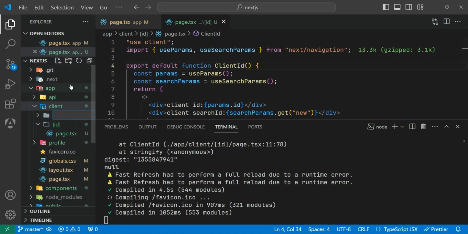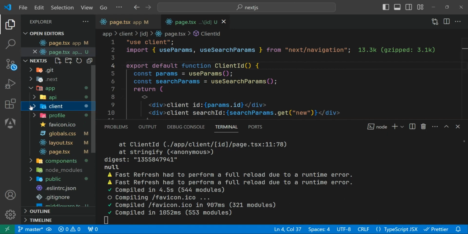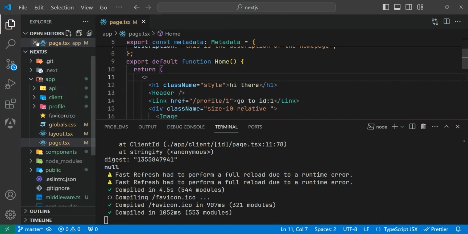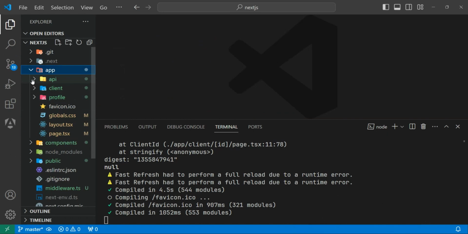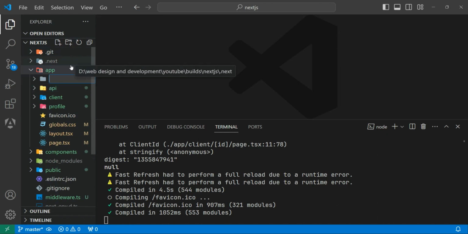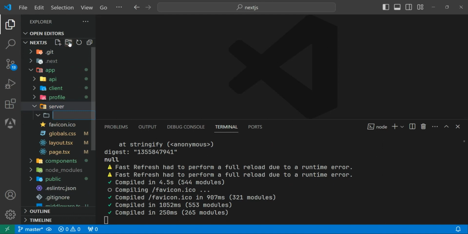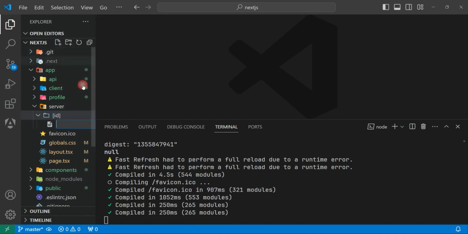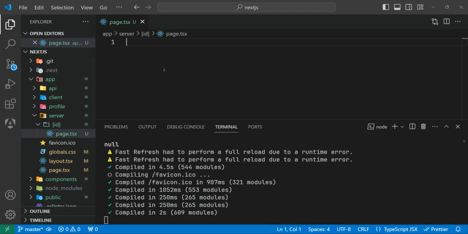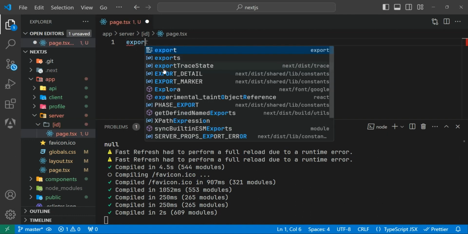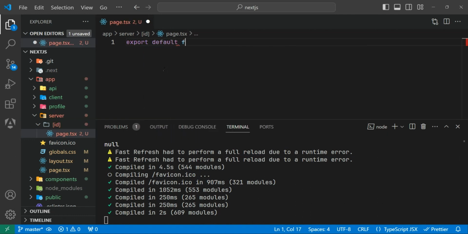Let's create a folder, not in this area. Let's close this first. Now inside our app, let's create a folder and let's save it as server. Inside this server, let's create another folder and let's save this as id. Inside this id, let's add page.tsx. Now we can export the default function